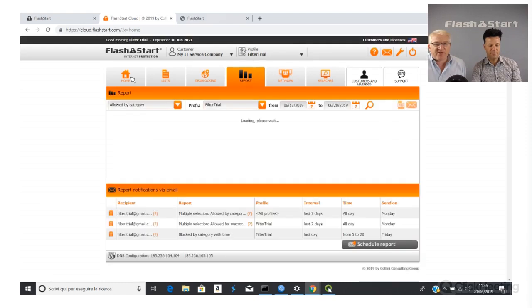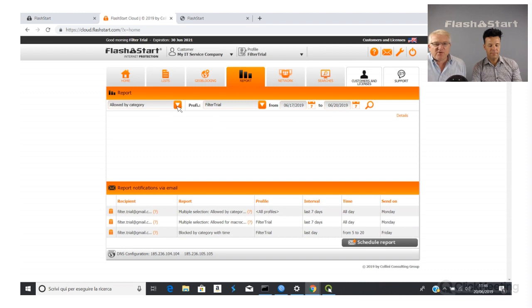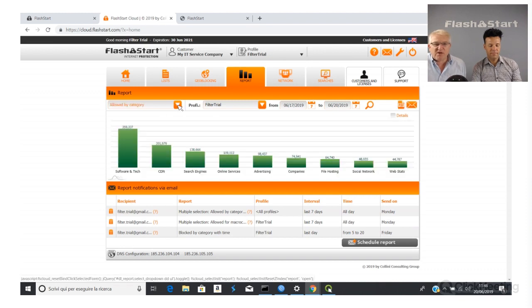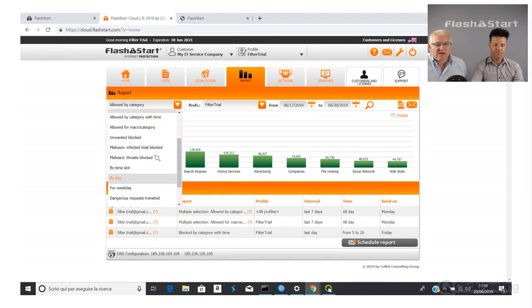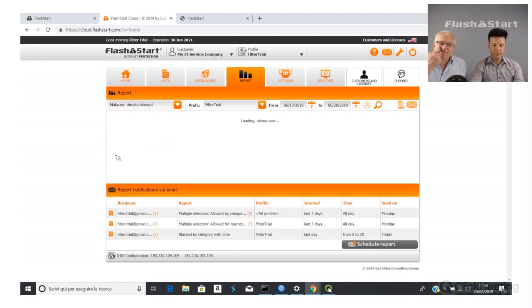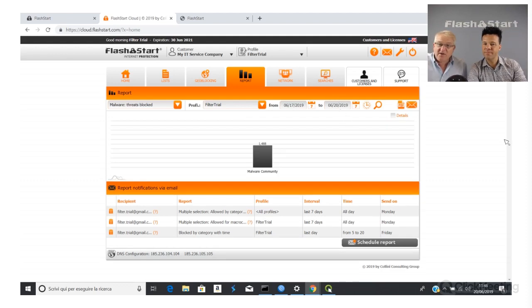There's a reporting section for creating your reports on particular time windows. You can look at your top talkers. You can look at what's been blocked. You can importantly look at malware that's been blocked. I'm going to click on malware threats blocked. Actually, we use live source data continuously in this, so I never quite know what I'm going to find when I click malware blocked in the trial data. Okay, that's not a very rich set of data I'm looking at here, but okay, so we got some stuff in the malware community there.